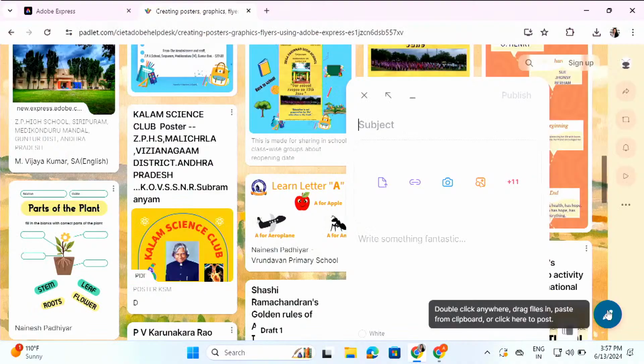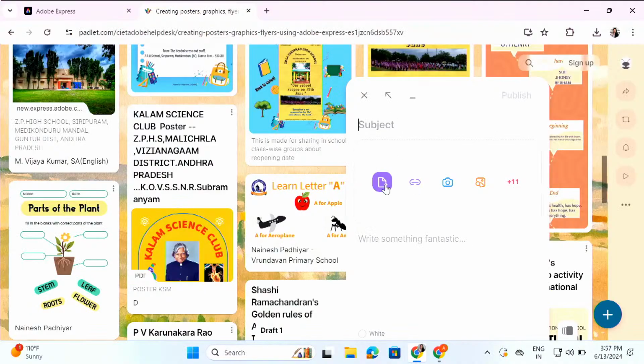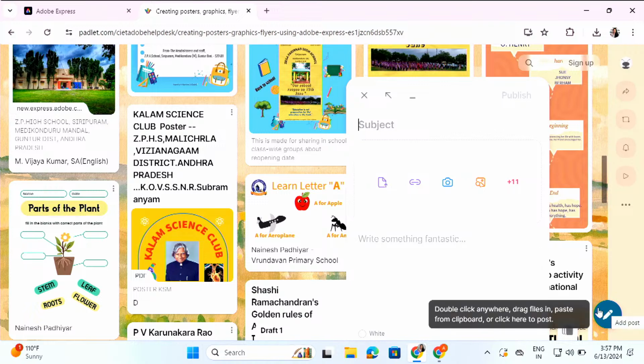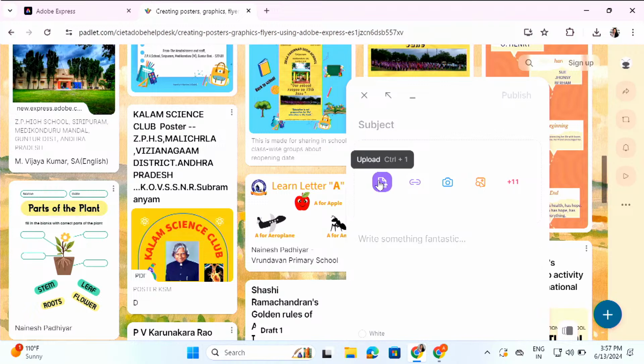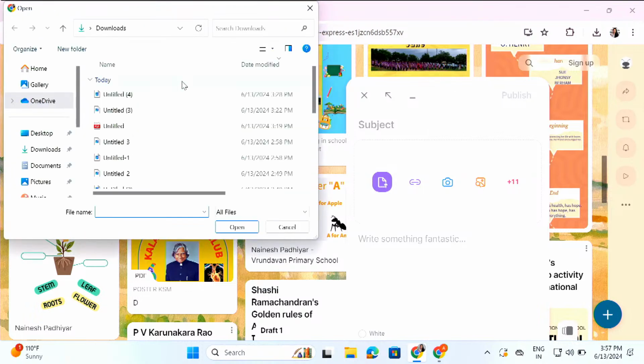On my screen, as you can see, at the bottom right there's a plus button, and when I click on the first option, which says upload, I can select any image that I want to upload, open it, and then publish it. That's what you really need to do for today.